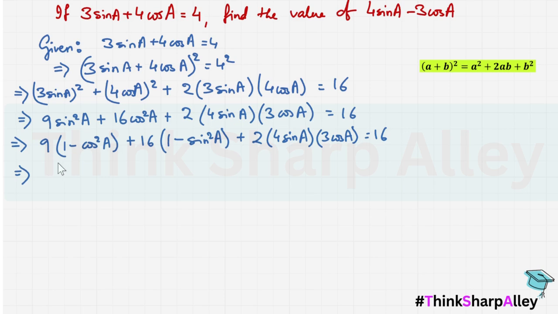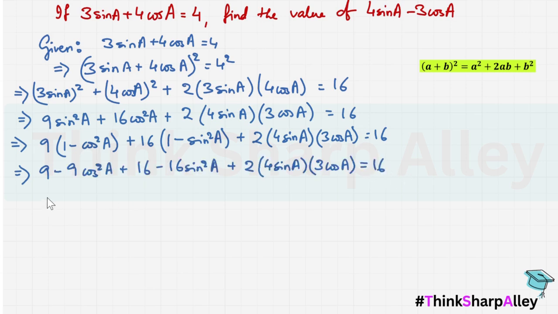Next, we will do a little bit of repackaging. We are not just playing with numbers, we are repackaging the entire expression. So we are getting, after multiplying these, this, just simple multiplication. And we see 16 gets cancelled. Only 9 will remain over here, rest all the terms will move to the right hand side. So minus 9 cos square A becomes plus 9 cos square A, and I guess all of you will understand if I write it as 3 cos A whole square. Minus 16 sin square A will become plus 16 sin square A, and I'll write it as 4 sin A whole square. Plus 2AB part will become minus.